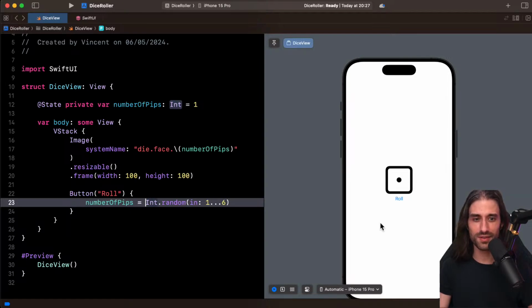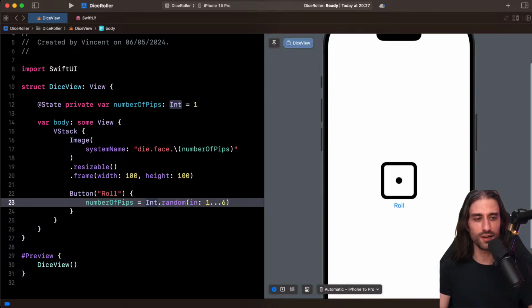Okay, so now the app should work. So if I click on roll, indeed, you can see that it works. We are rolling the dice. The UI isn't pretty, but we are rolling the dice. Let me make it a little bit bigger so that you can see it even more. But the app is working. We have a working rolling dice, which should be random because we can assume that this function is random.